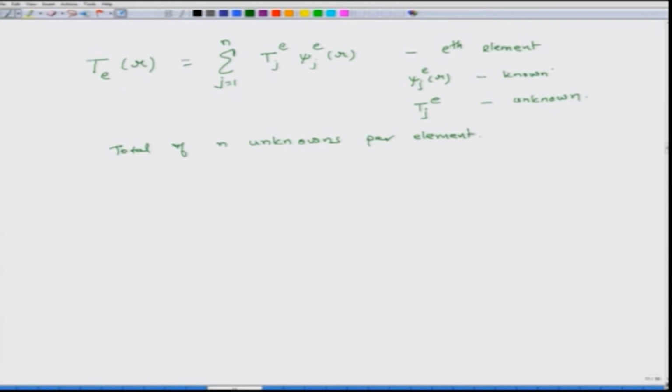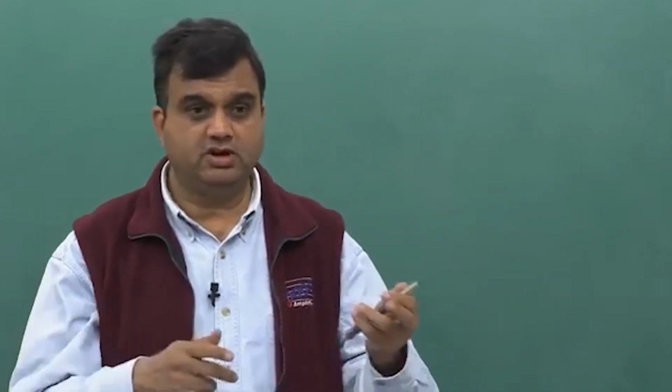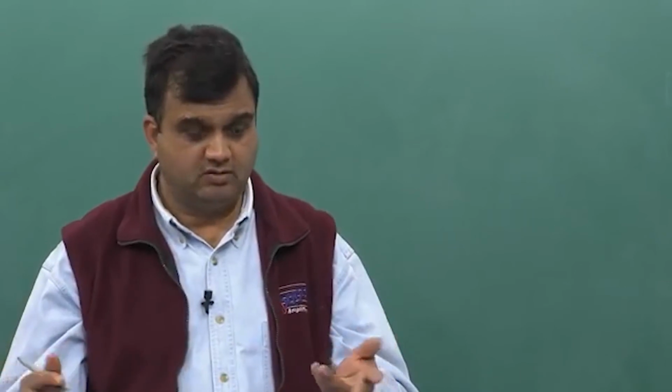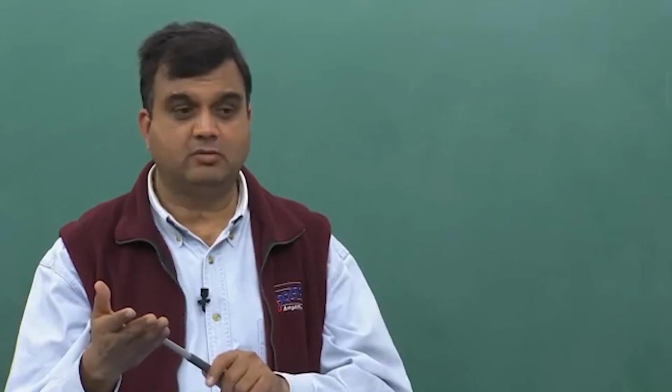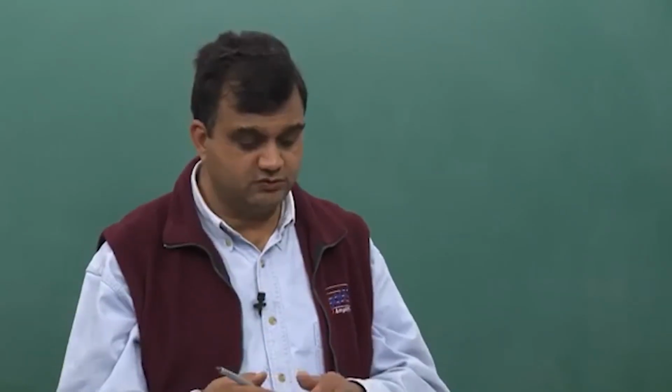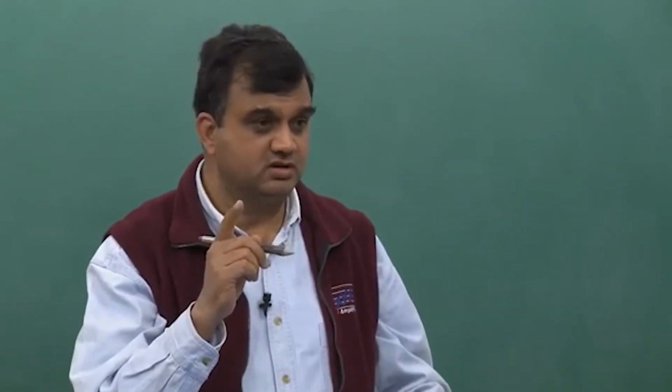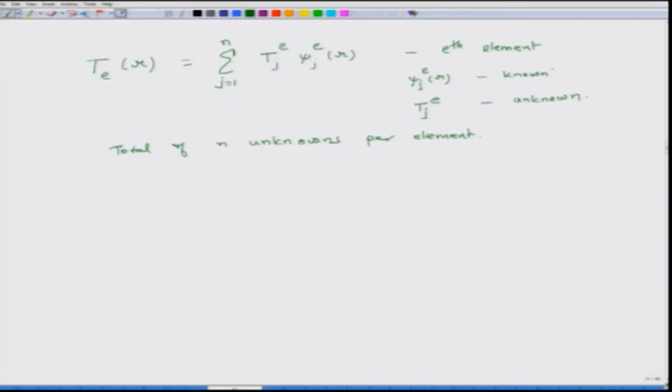In mechanics, you will not only have one variable temperature, you will have u, v, w, so it will be 3n, right, because there will be n u's, n v's, n w's and so on. But here we have only one variable, temperature. So we have to find n unknowns per element. If we choose a linear element, then we have to calculate 2 unknowns. If we choose a quadratic element, we have to find the values at the endpoints and also add one middle point. If we choose a cubic element, we have to find 4 unknowns and so on and so forth, right?